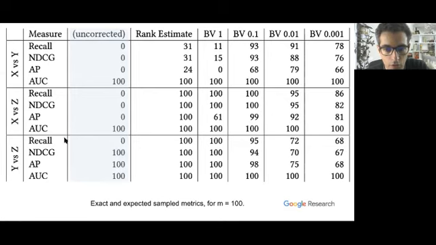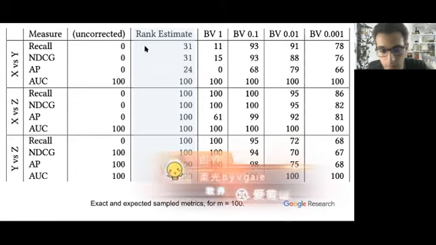Okay, the first column here corresponds to the sampled metric without correction. As we have seen earlier, the variance is low, so the measurement is either always right or always wrong. Notice that AUC is consistent under sampling, but in the majority of cases, the sampled metric gives the wrong conclusion. The second column corresponds to the simple rank correction, which consists of using an unbiased estimate of the rank. This already provides a significant improvement.